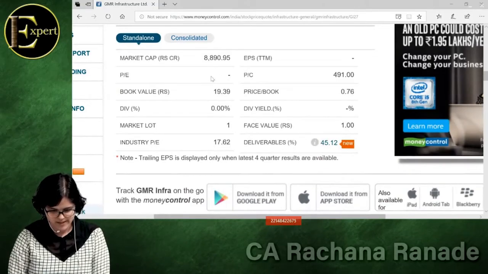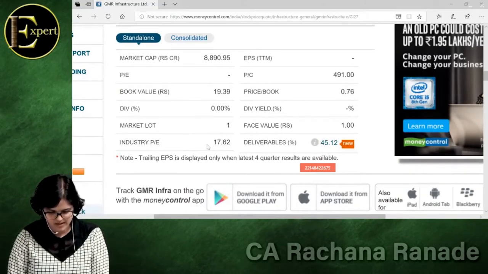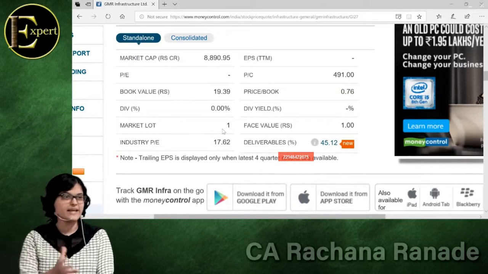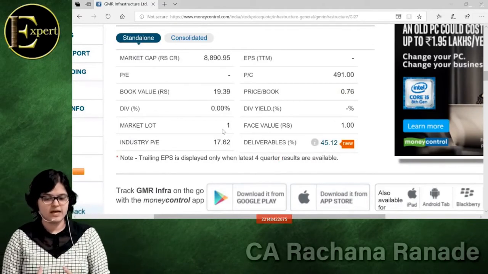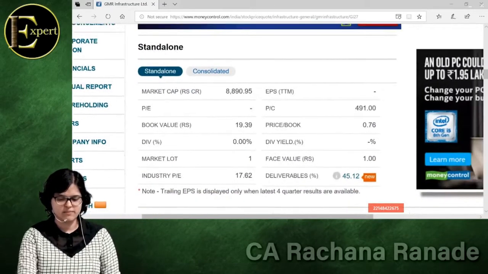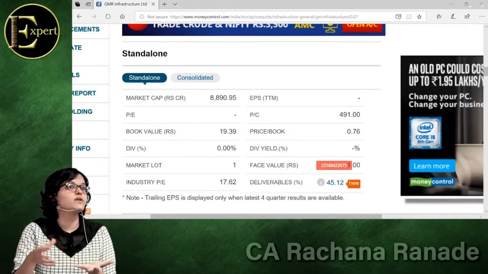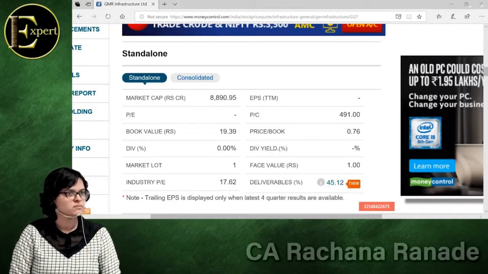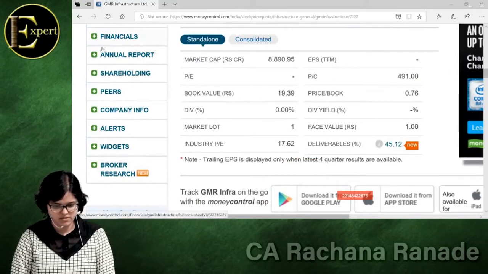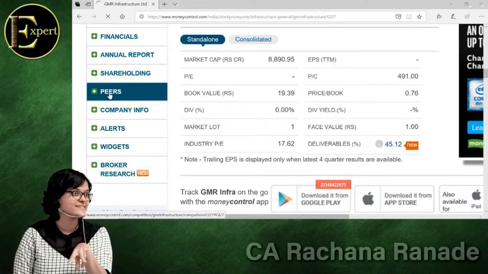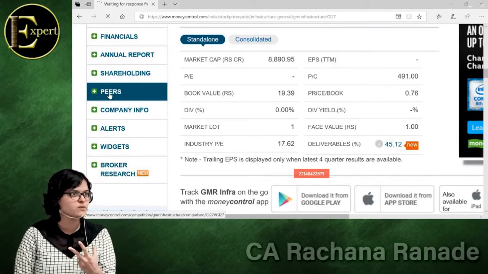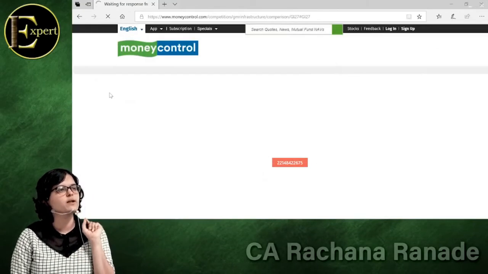Maybe it went negative. No, but industry PE is different again, na? So maybe they are giving a weightage because L&T and GMR may not be directly comparable. So maybe the base could be different for the industry PE. So if I check peers, it might not be the exact same list. This is possible, and that is why the industry PE could be a little bit different.